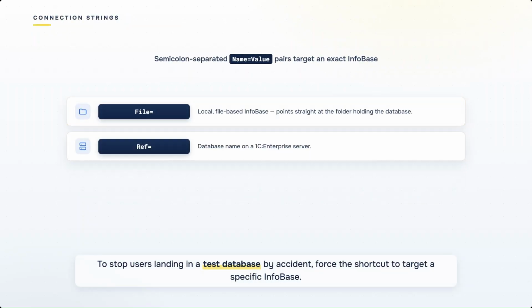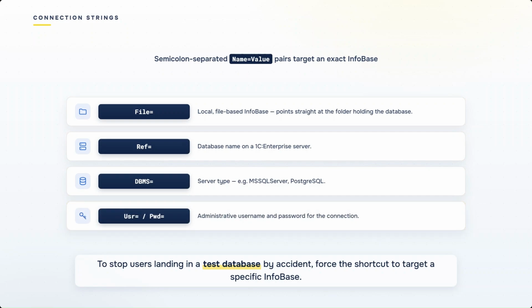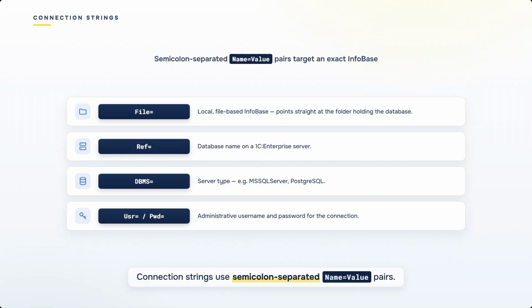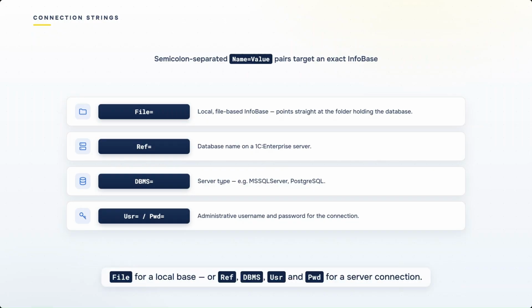To stop users from opening a test database accidentally, you can force the shortcut to target a specific InfoBase. In a connection string, parameters are separated by semicolons, using a strict name equals value syntax. For a local database, you use the file parameter. For server setups, you specify ref for the database name, DBMS for the server type, and administrative parameters like user